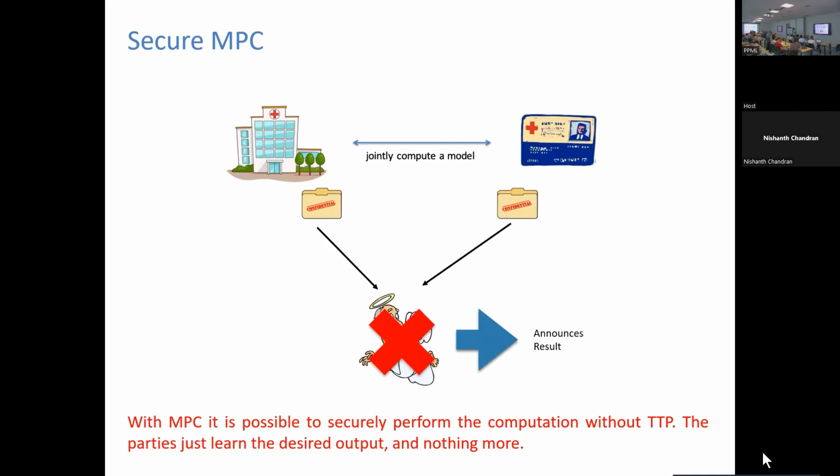Just a brief recap of what was said yesterday and today. We use secure multi-party computation to essentially get rid of trusted third parties. If we had a trusted third party, we could just forward all the data to it, it does the computation, and gives us back just the result, right? But that's a very, very strong assumption. We don't want such a trusted third party, so we run MPC protocols to eliminate the need for it.